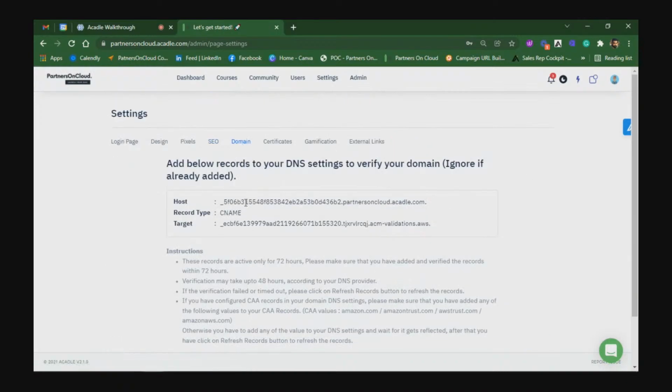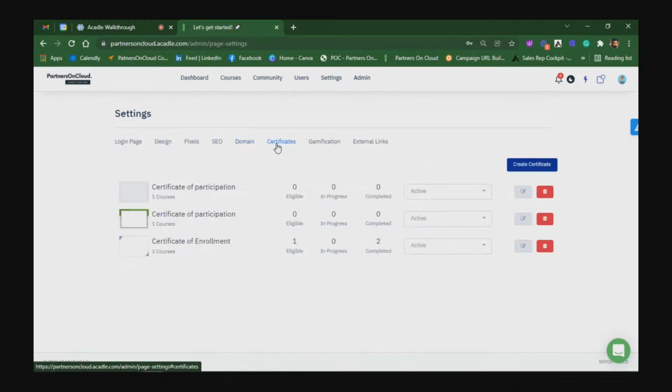This is where you can actually create your own custom domain, like I said before. If you want to change this to just partnersOnCloud.com or abclms.com, you'll just have to copy and share this into your DNS settings. Moving on to certification and gamification part, this is where you keep your users or learners